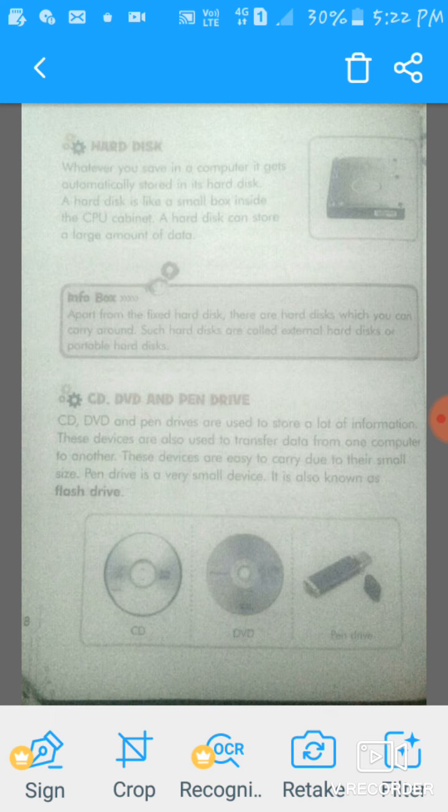These devices are also used to transfer data from one computer to another. They are easy to carry due to their small size. A pen drive is a very small device. It is also known as a flash drive.